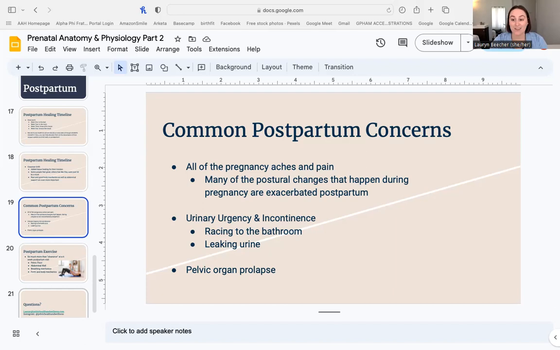There are a lot of other factors, but if someone is able to push for 40 minutes to an hour versus pushing for 4 hours, they aren't constipated during pregnancy or right away postpartum. They take the rest that they need, so there's not all of this extra pressure on this area that just went through a whole ordeal.